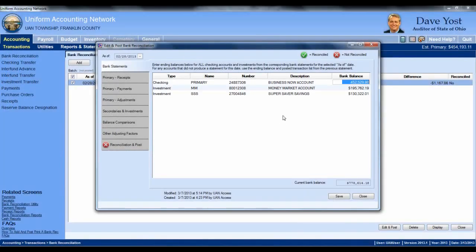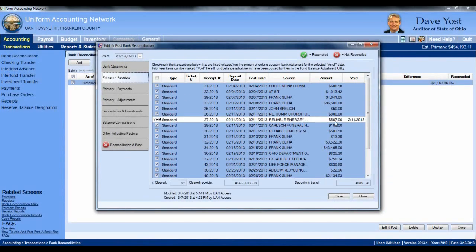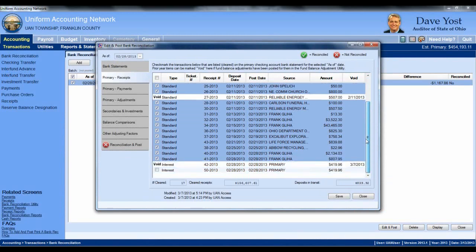We'll go to our edit and post. Go to our receipts tab. As you can see, that interest receipt is there to clear. We're going to clear that receipt so it shows up on February's statement. And our cleared receipts number down here has changed to